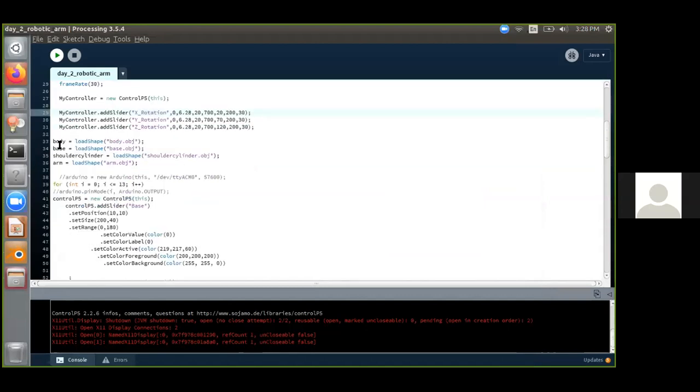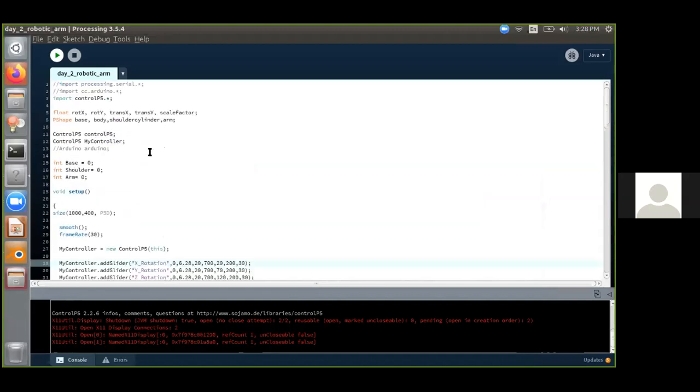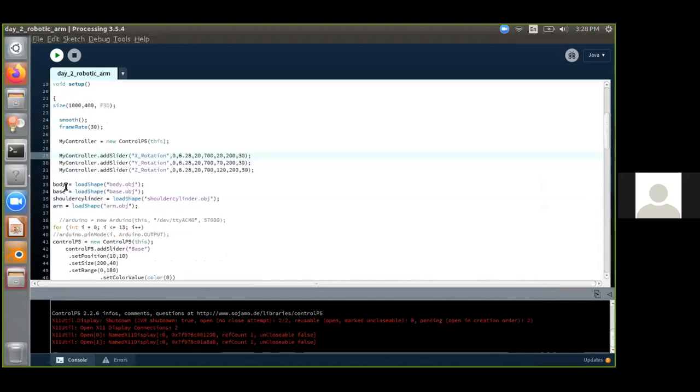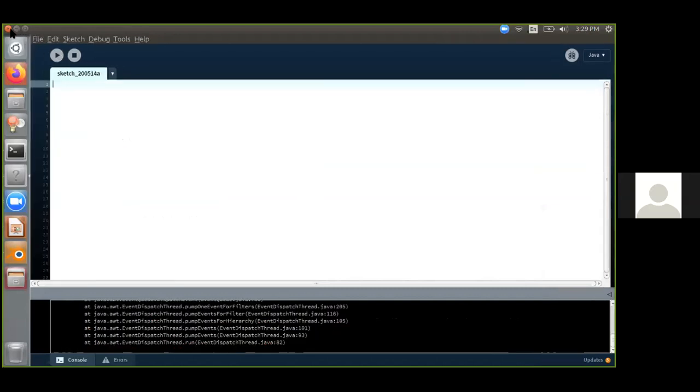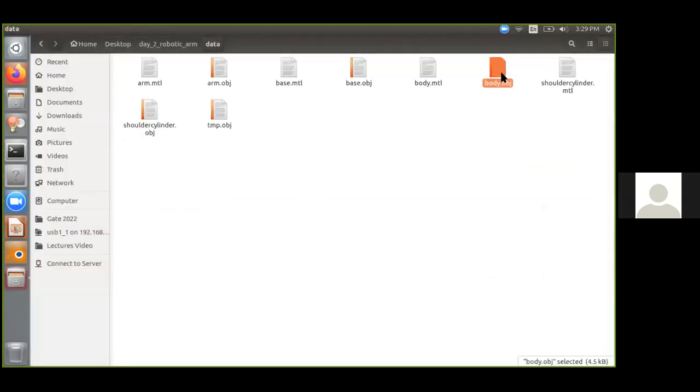For body, we have to choose. We have declared the body over here: base, body, shoulder, cylinder, and arm. So the body has to be loaded. So loadShape body.obj. Once you give this body.obj, this body.obj will get loaded into the file.